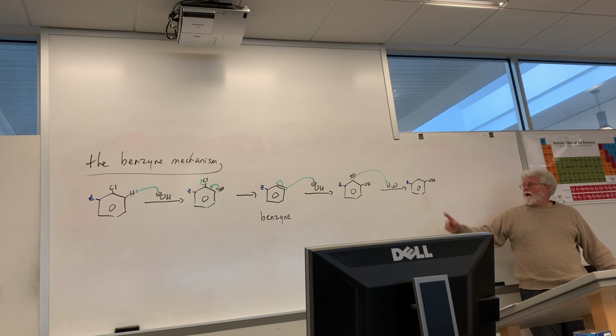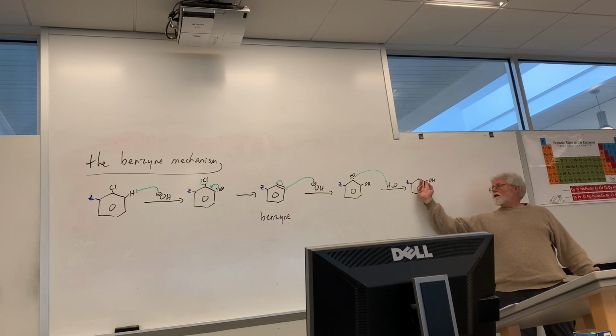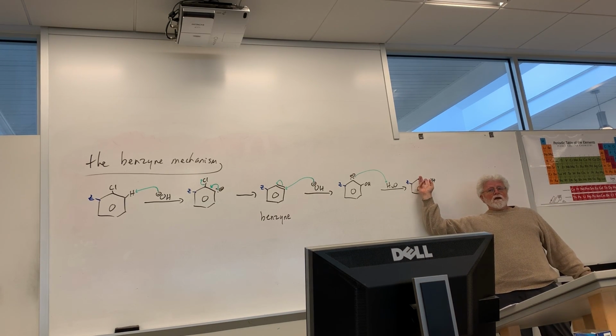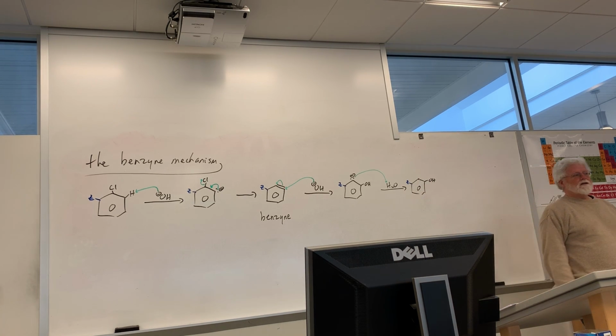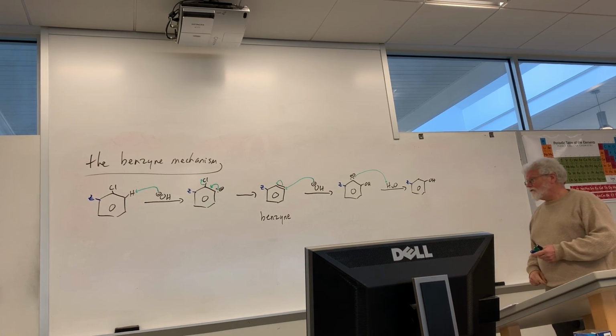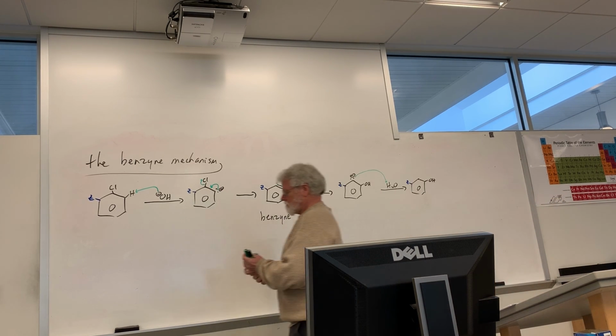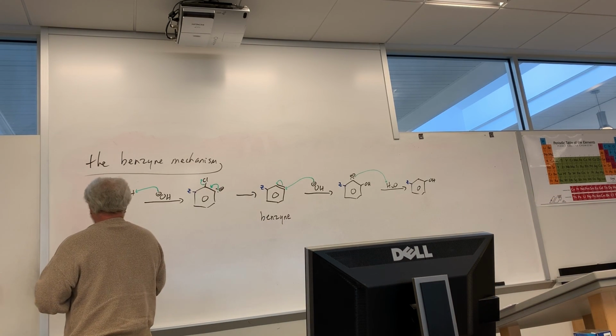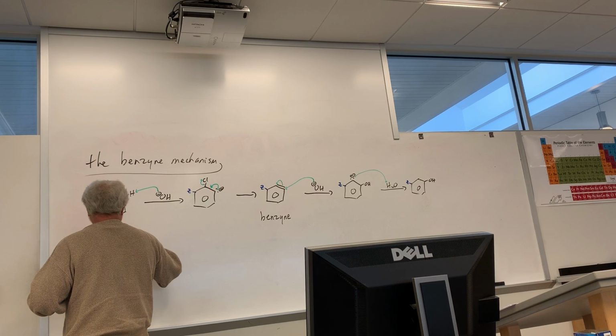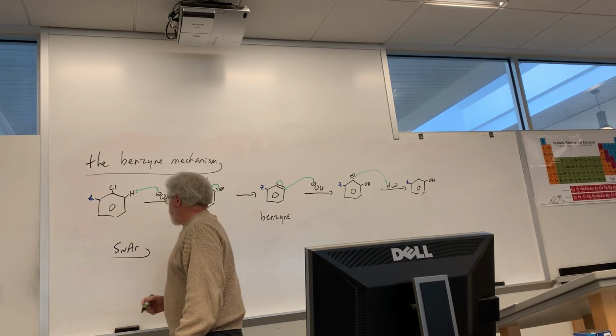50% of the time, we'd expect the hydroxyl group to end up meta to Z in this case. 50% ortho to Z, because it could end up on either of these two carbons. Now, if Z weren't there, we'd have no way of knowing which carbon it ended up on. Contrast that with the SNAr mechanism,